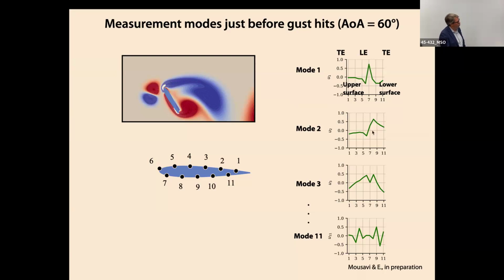And then mode 2 weights them a little differently. Remember, it's assembling its update from these modes. And mode 3 does things a little bit differently. These are just different ways that it's assembling information from those sensors. But then mode 11 is one that we threw away. Mode 11 is a more scattered assembly of sensor information, and it wasn't informative. It decided, okay, so we threw that away. So it goes away. Okay.